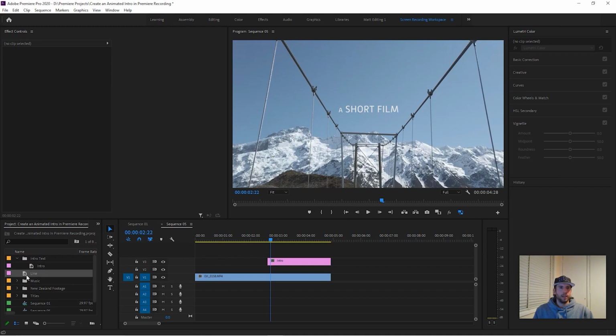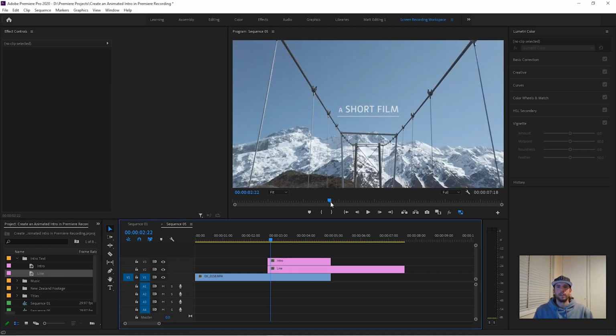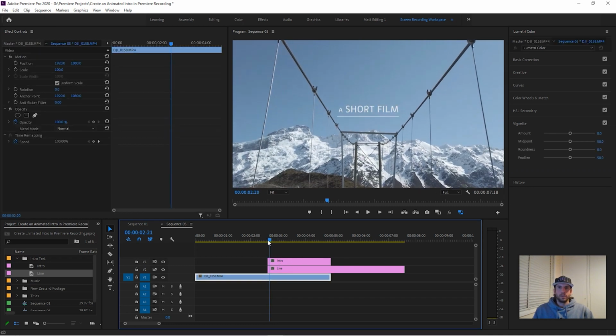So I now have my line. I'm just going to make sure that my line is in the same folder as my text. I'm going to drag it into this intro text folder just to keep everything tidy. And now I'm going to click on my line and drag it into my sequence onto the first layer. And that's the layer above the intro text. So now what we need to do is we need to make this line